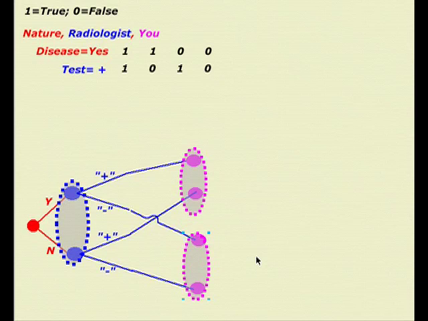Okay, or you're a bank, you're going to loan money. Is this person going to default on their loan or not? Okay, you're a health insurance company. Somebody comes to you for health insurance. They say they don't have any diseases, but do they? I don't know. Okay, so the idea here is the doctor is going to be making a choice, but all they're going to see is the positive result. They can't see behind that positive result to whether nature has chosen yes or no. So we put a loop around those two nodes. Similarly, these two nodes here, they're indistinguishable. That's what the information set does. It says it's just like one big node. I know that the test result is negative, but we have a yes or a no. Okay?